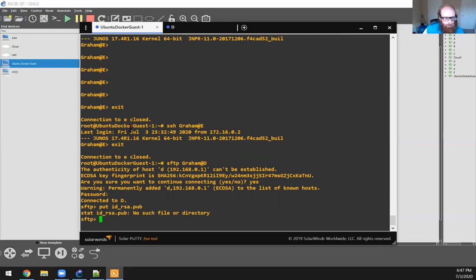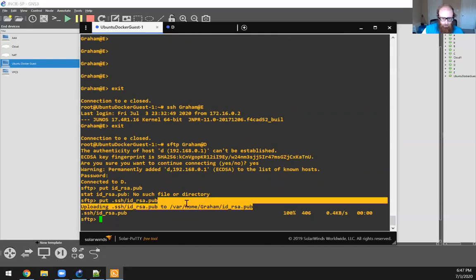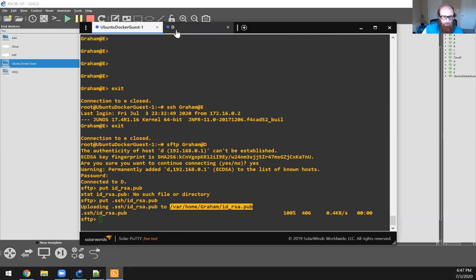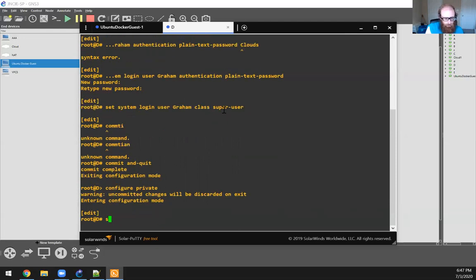Oops. Okay, so you can see I changed the directory I was working in. So we're going to need to do that. Okay, and now we've got the file path to where it's sent to, nice and convenient. So we can go back to D, configure private, set system login user, my name,